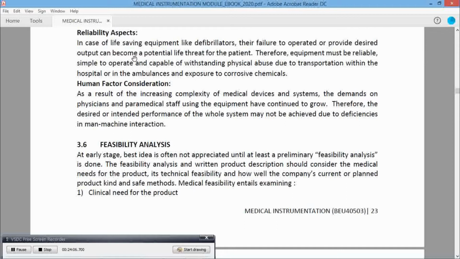So that means if you design a system, the system should be able to function at the time it is required to be functioning. In the case of life-saving equipment like defibrillators, failure to operate or provide the desired output can become a potential life threat for the patient. If they are using it in the emergency ward, and suddenly the defibrillator is not working, then it is not reliable equipment. So we need to design reliable equipment. For example,